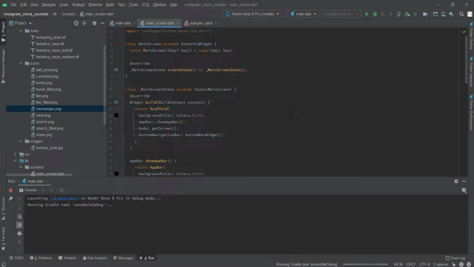It will take a little bit of time because the app is running for the first time, so it needs to download some dependencies, packages or other things as well to completely compile the app, and after that it will run on our mobile. Okay, it's installing,